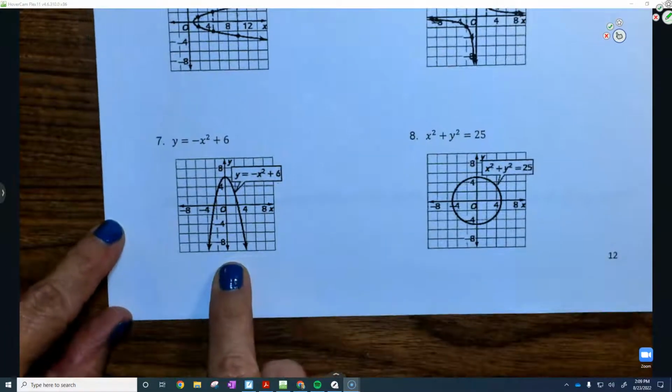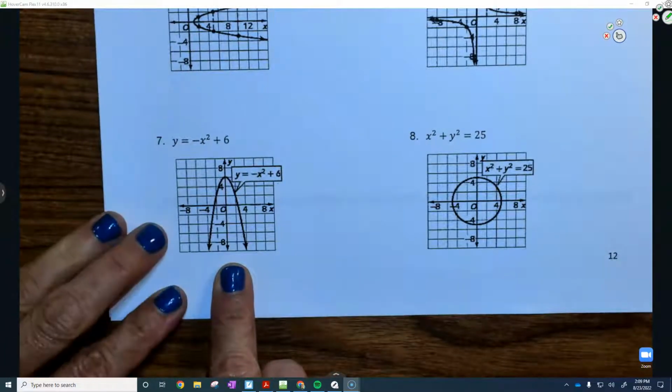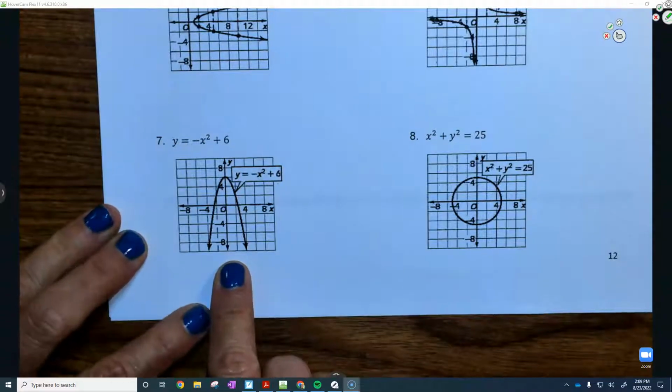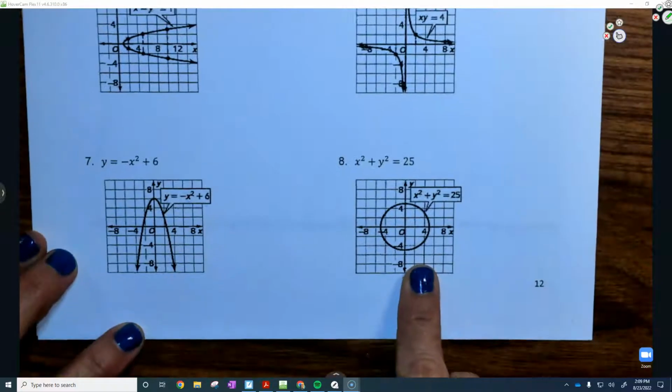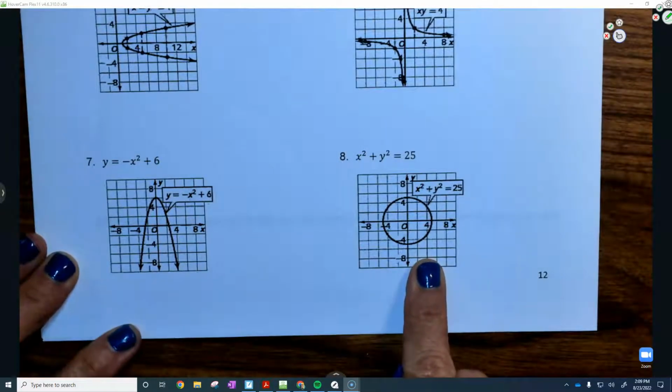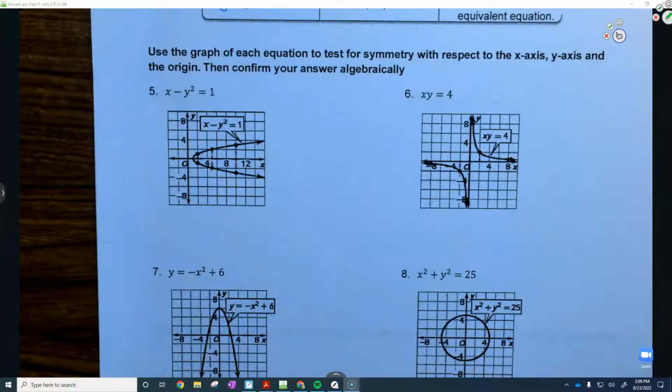Number 7, would that pass the vertical line test? Yeah, that's just a plain parabola. That's a function. Would this pass the vertical line test? No. No. All right. So now that we've determined that, we're going to test for symmetry, and you're going to